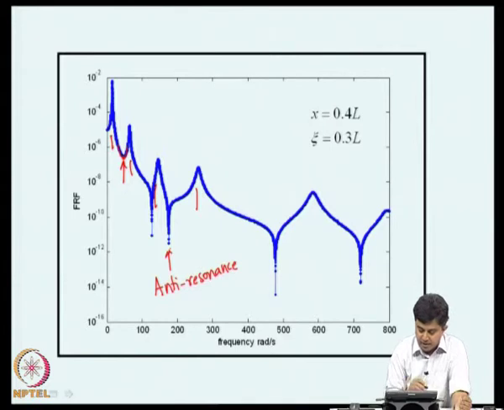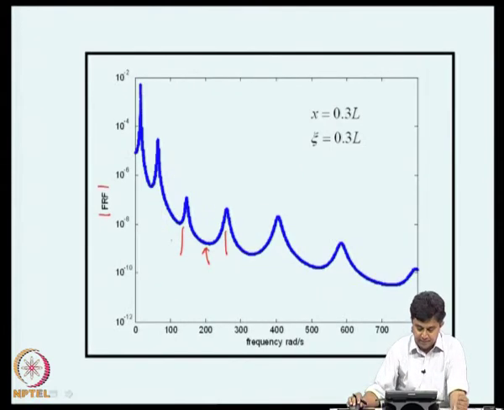Another thing that you should notice here is that for the beam natural frequencies, as you go higher up in the frequency, the spacing between frequencies increases. In fact, this increases linearly. This is a property of a Euler-Bernoulli beam. If it were an axially vibrating rod, these peaks would be uniformly spaced, and if it is a membrane or a shell, these peaks come closer as we go higher up in the frequency, and this frequency response function tends to become smooth. We will return to that point later when we briefly discuss what are known as statistical energy analysis methods.